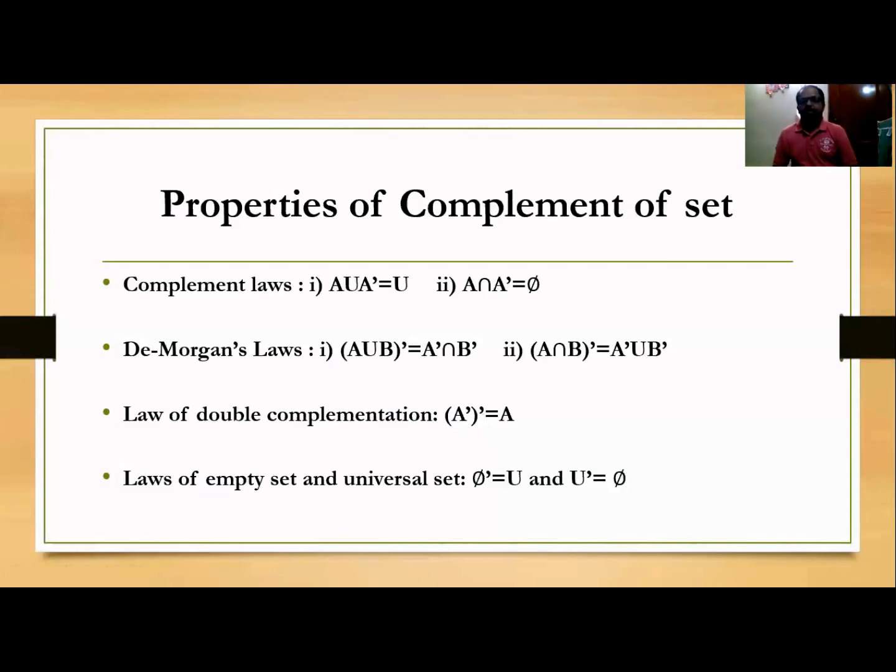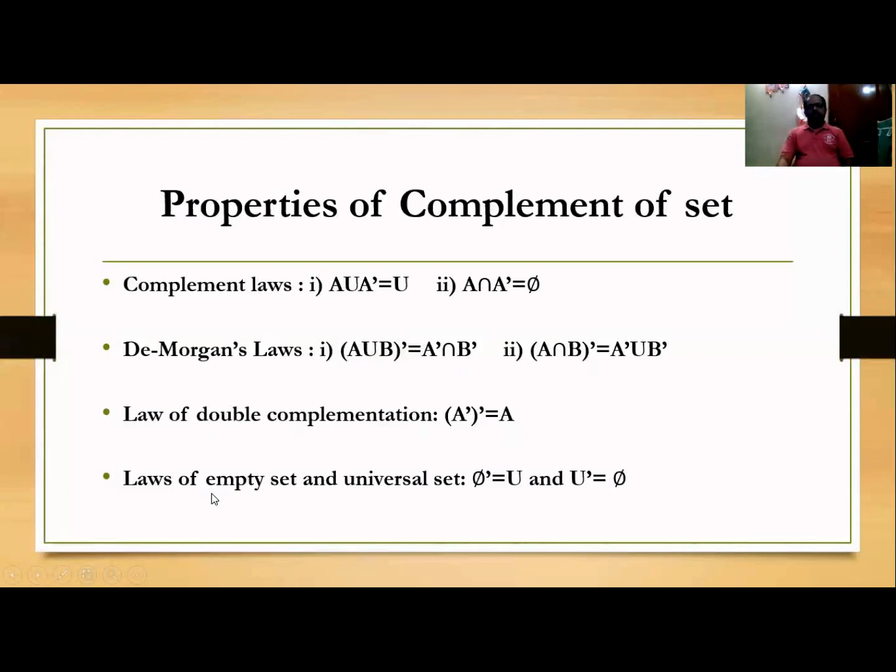Again, consider the same example, the set of boys in the class. The complement of A for that example is the set of girls. And if we take the complement of the set of girls, that is, the complement of A dash, it gives us again the set of boys only. That is, it comes back to the given set A. Hence, double complementation vanishes the complementation of the set and gives us only the set A itself. That is known as the law of double complementation. So that is the third law.